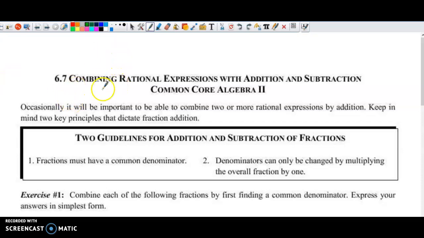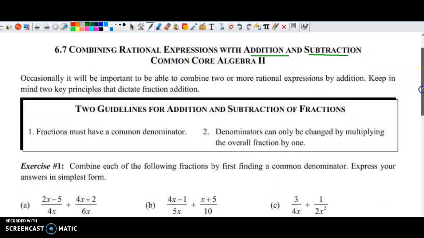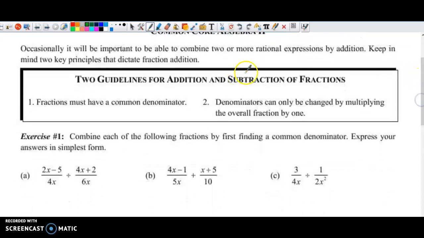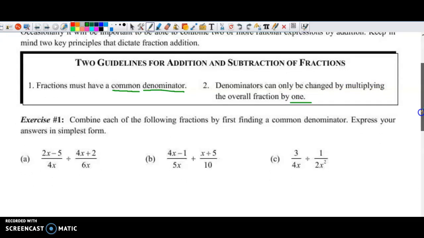The next step that we need to take is to add and subtract rational functions, which is something you may remember from a long time ago on how to add and subtract any fractions. But the denominators must be the same, so we get the phrase common denominators. And we can only change denominators by multiplying, and the reason why you have to multiply the top and bottom